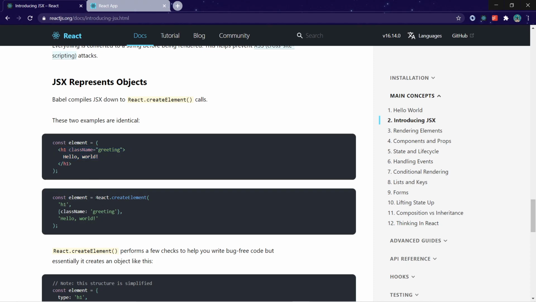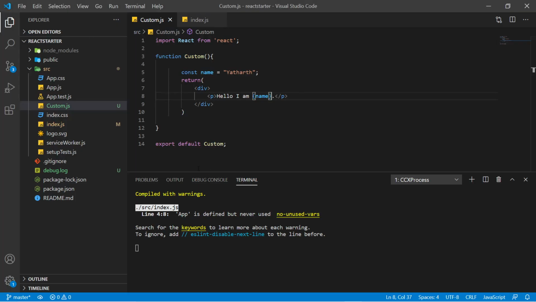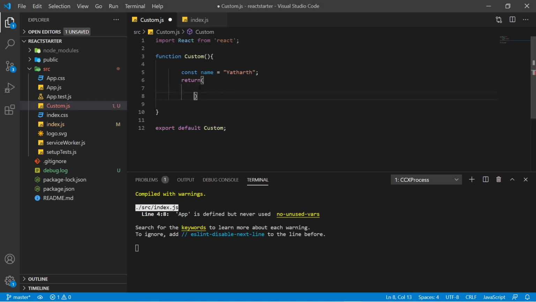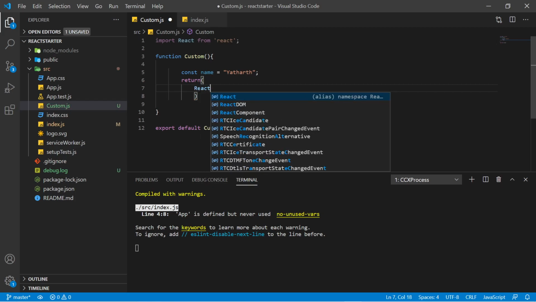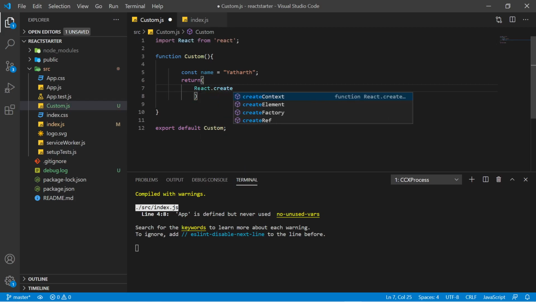Okay, so let's also practice this code if we're not using JSX. So let's change this code to React.createElement. I have deleted my code, and let's write that same code using React.createElement. So write React.createElement, and generally it takes 3 parameters. First parameter is the HTML tag that you would want to render, and second is the optional attributes if you're using any attributes on that particular HTML tag, and third is children of that particular tag. That children can be any particular HTML tag or any particular text. Okay, so we were showing here